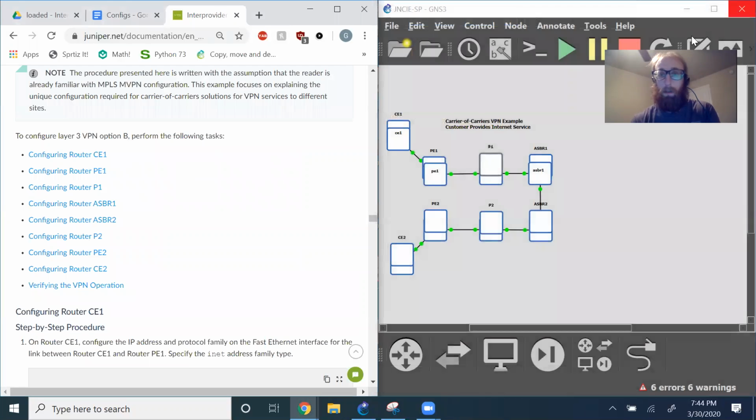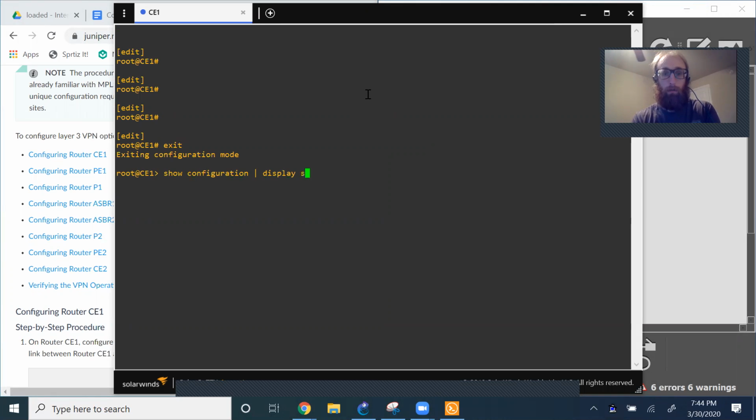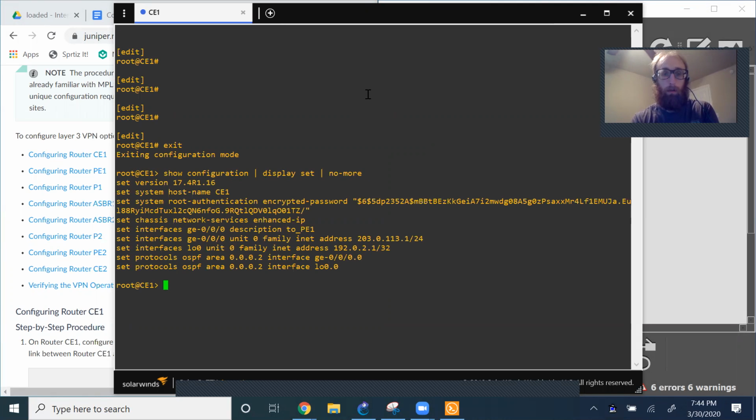So outside the video, I went ahead and configured CE1 and PE1, so we'll take a quick look at that. So configuration, I've done display set | no-more. So really skimpy configuration on CE1, as is going to be the case for the CEs used in this sort of exercise. Another thing I can show anyone who's new to Junipers, so you can actually take a look at